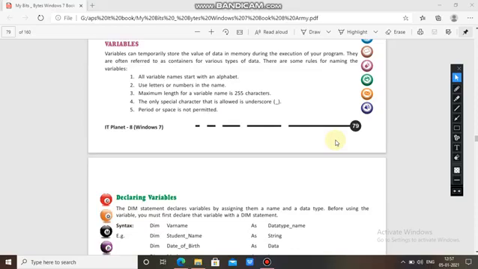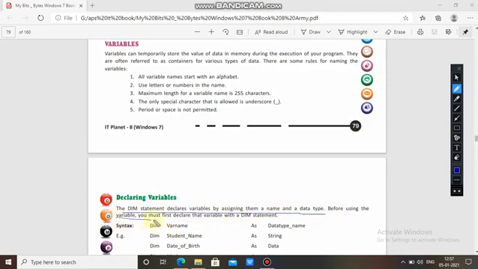Now, declaring variables. How will you declare a variable? Now you have taken a variable and you want to initialize a value in it, but how will you declare it? The Dim statement declares variables by assigning them a name and a data type.